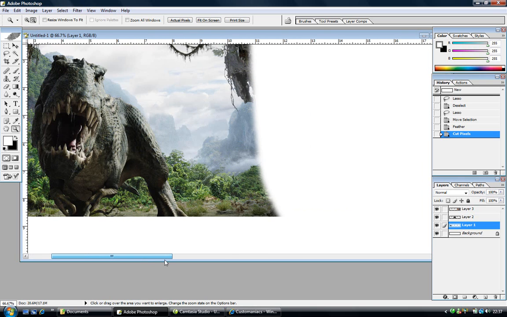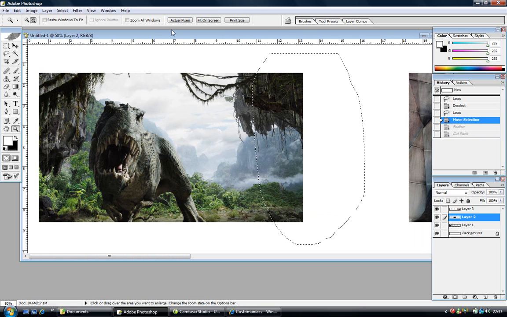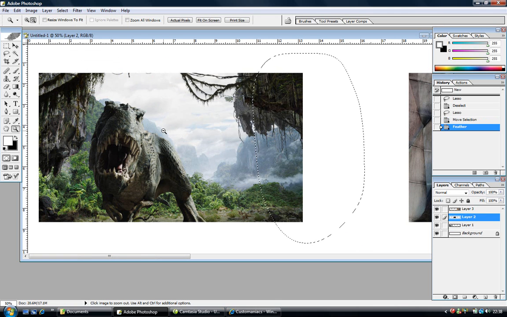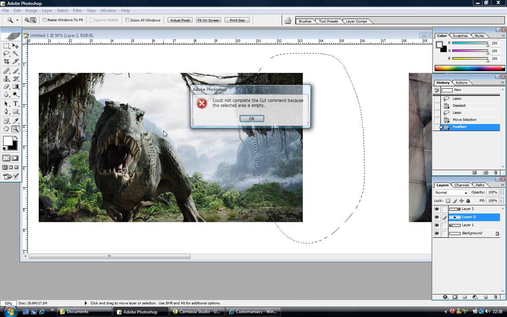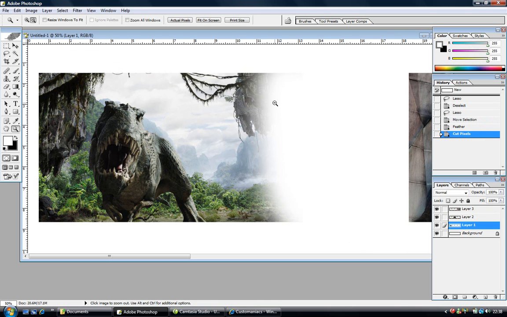If we just go back a couple of moves, go back to feather, select feather, and change that to 60. Okay, and then again, cut, Control X. Again, making sure you're on the right layer. There we go. Control X, and you can see, without even zooming in there, how that gradient has been affected